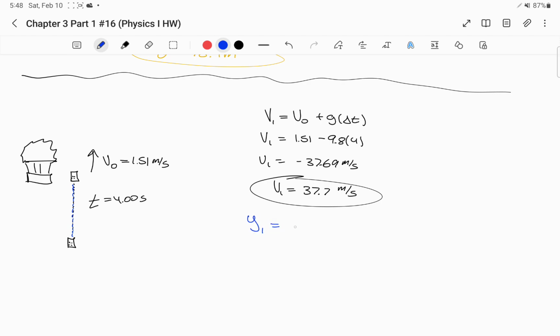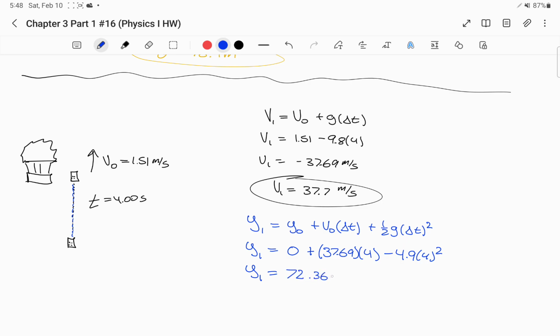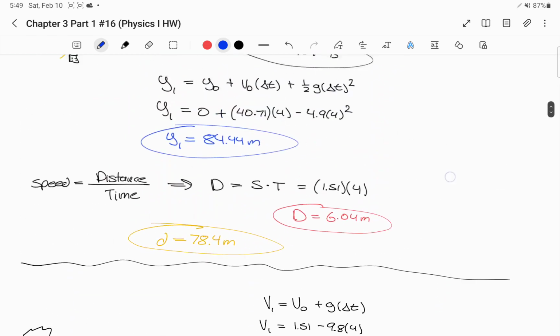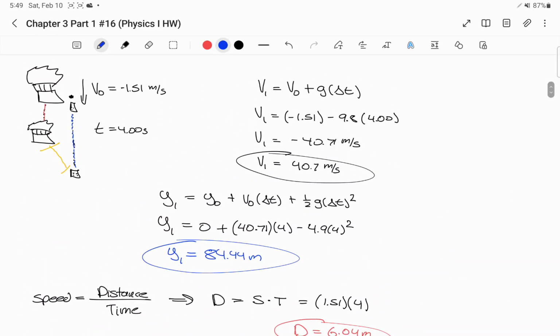So y1 is equal to y0 plus the initial velocity times delta t plus 1/2 a delta t squared. So we know that our initial position is 0. We want to know the distance that the phone has covered when it has that velocity of 37.69 after 4 seconds minus 4.9 times 4 squared, and after you put that in your calculator, you should get a distance of 72.36 meters,